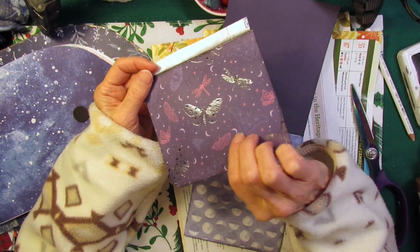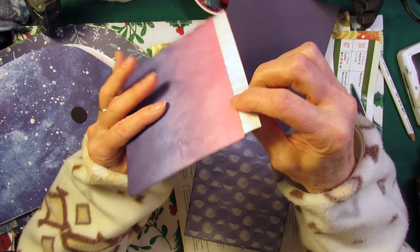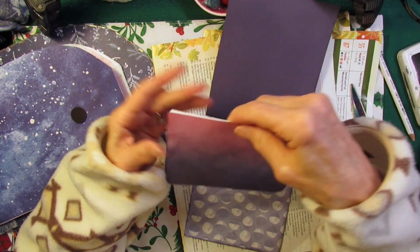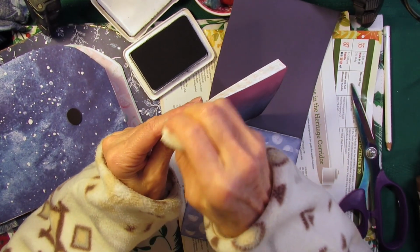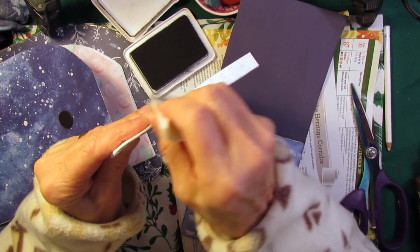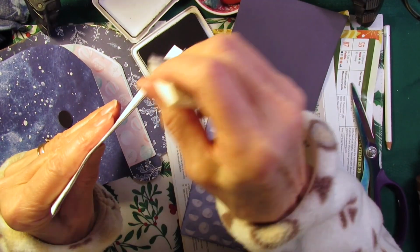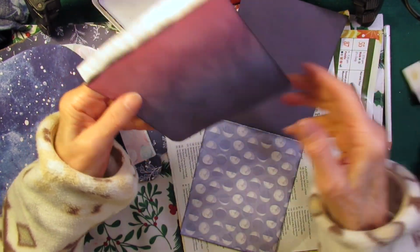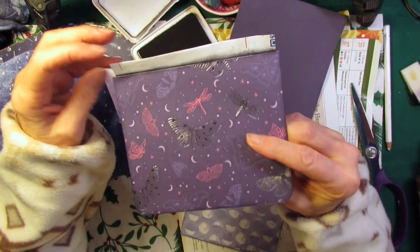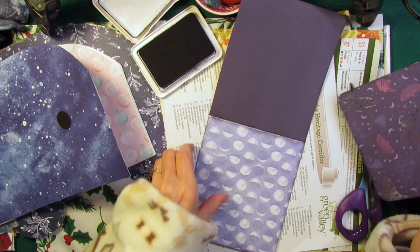I glued these two pieces of paper together, but put the Tyvek, the piece of mailing envelope, in between the two. And I was distressing this with a little black ink around the edge. I don't always do this, but sometimes I do, because these are basically darker colors, and the white was just a little distracting. Tone it down a little bit, like that. Doesn't have to be perfect, just toning it down. I rounded two corners on this one. This one is going to flip up like that. I did the same thing